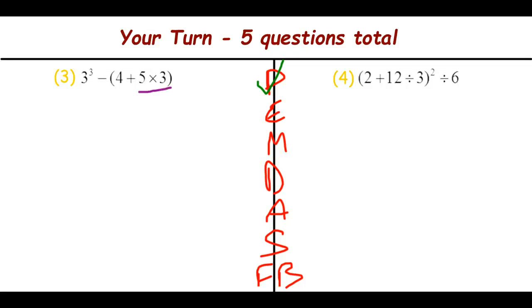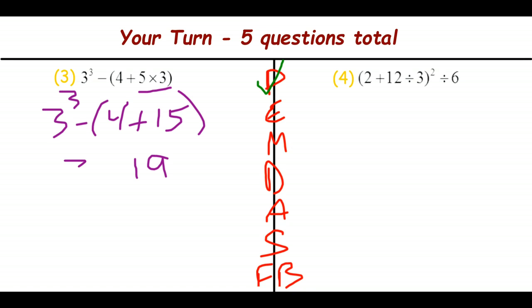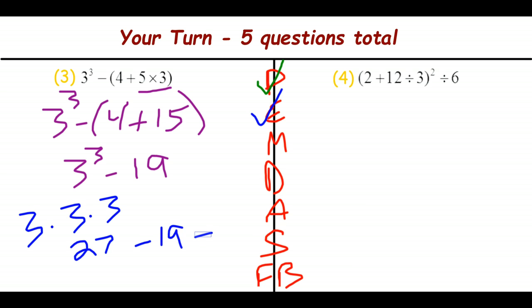So here we do the multiplication first. 4 plus 15 becomes 19. So 3 cubed minus 19. Now remembering what 3 cubed means, because it is an exponent, 3 cubed is the same as 3 times 3 times 3, which gives us 27 minus 19,